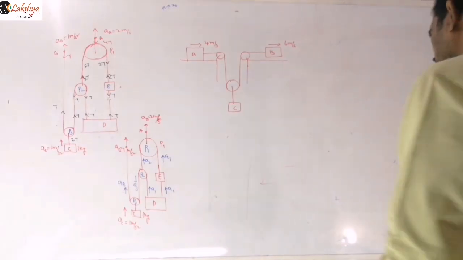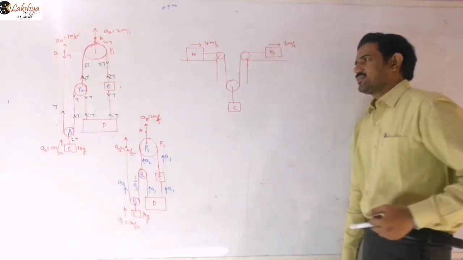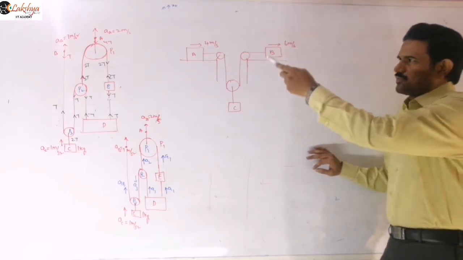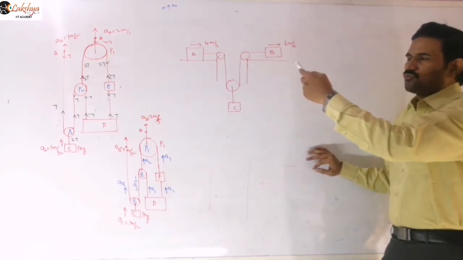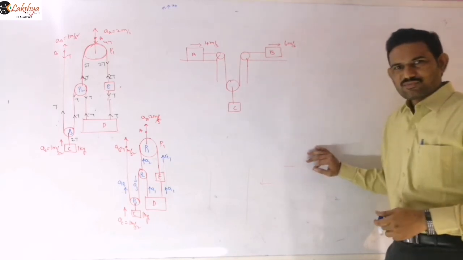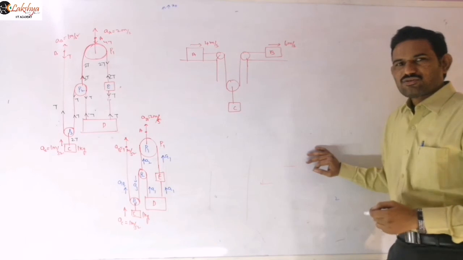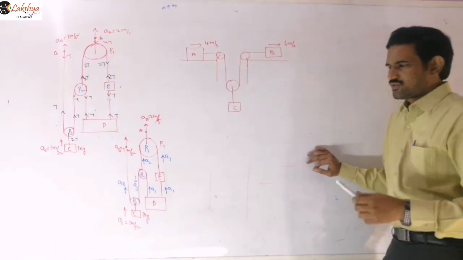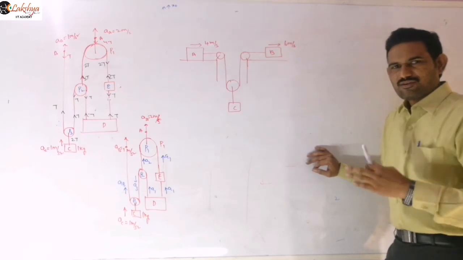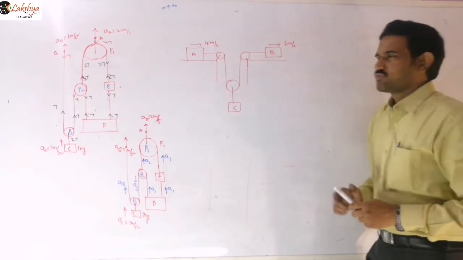So based on a similar concept, sometimes they will ask questions like this. Suppose in the given system the block A is moving with velocity 4 meter per second and block B is moving this side with velocity 6 meter per second, then what will be the velocity of this block C, they will ask. For such questions, as we mentioned, the acceleration of the pulley is the average of those two, so the same method we need to apply here.